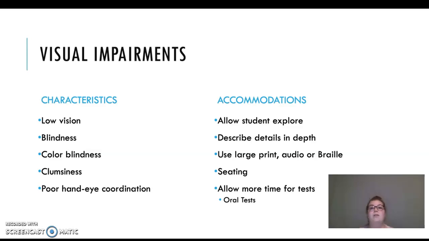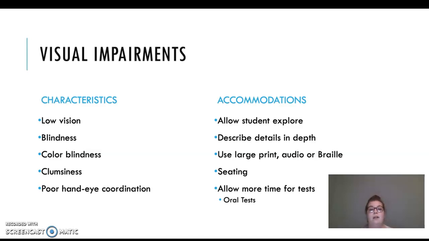And I would also include the classroom obstacles such as student desks, teachers' desks, and where the coat racks are, just every little thing. I would allow them to come in and kind of feel around. And I would also allow seating near the board, and I would also describe everything that I'm writing on the board or drawing on the board, anything that goes on the board.